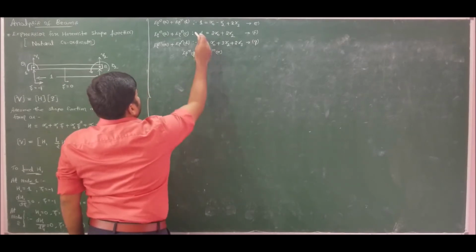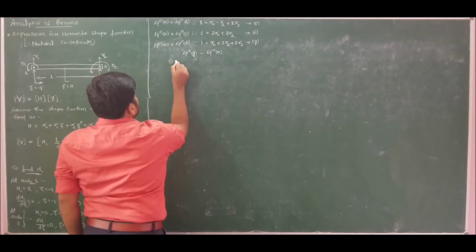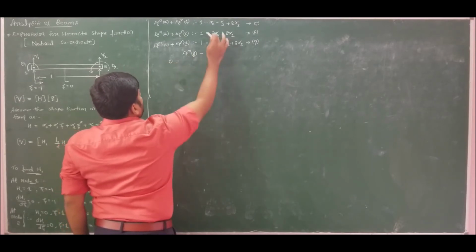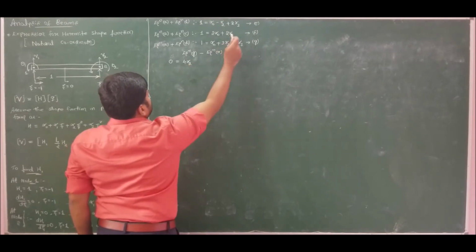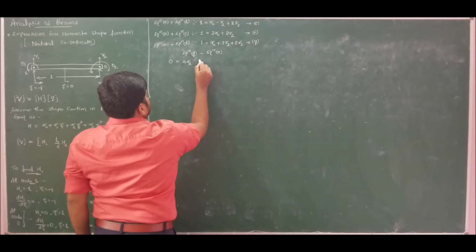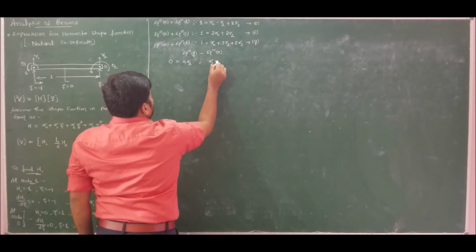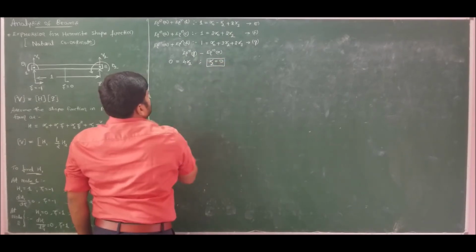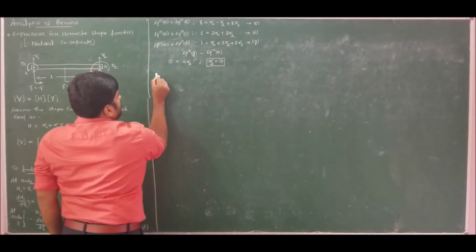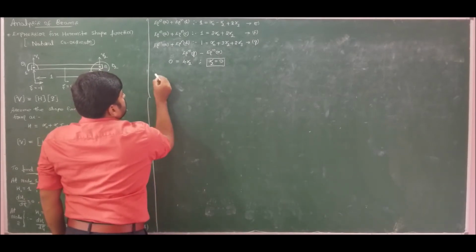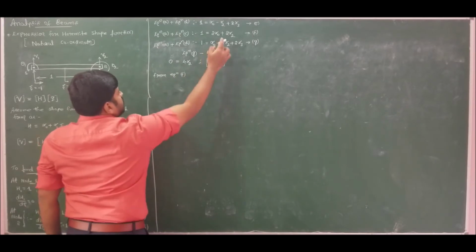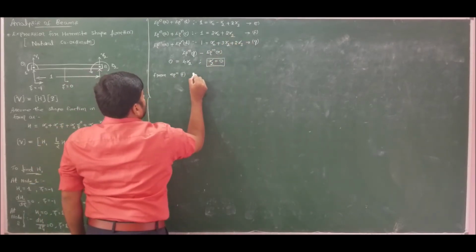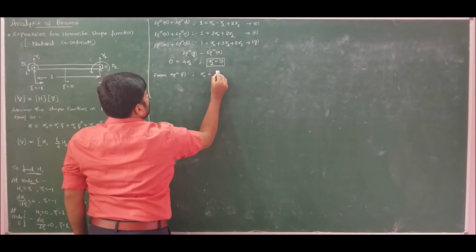If we do that, 1 minus 1 is 0, which is equal to, alpha naught will get cancelled, I will get 4 alpha 2, and 2 alpha 3 minus 2 alpha 3 will get cancelled. This yields alpha 2 is 0. So the solution becomes simpler now. Since alpha 2 is 0, from equation F, alpha naught will be 1 by 2.